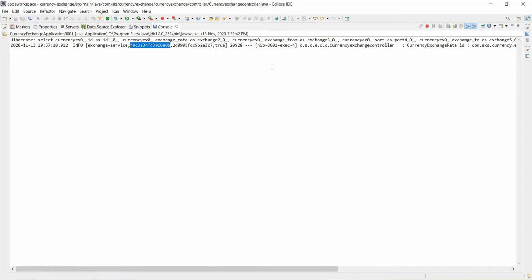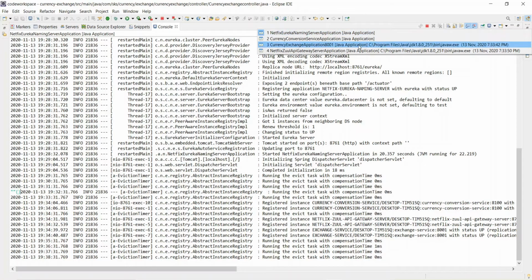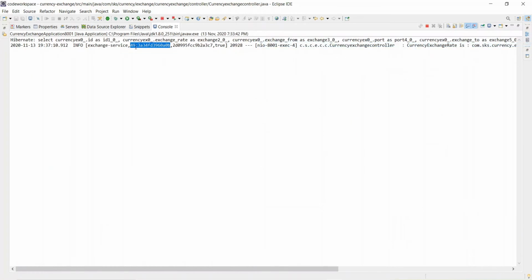So using the same trace ID you can find the log. Here are two microservices, but you can have 10, 12, 15 microservices. So how will you find which logs belong to which request, right? You can find the trace ID for that request, and wherever the request has gone across the microservices, in those microservices we will get the same trace ID, and using the trace ID you can find the particular request across the multiple microservices.